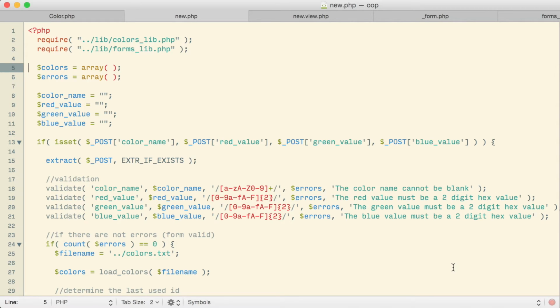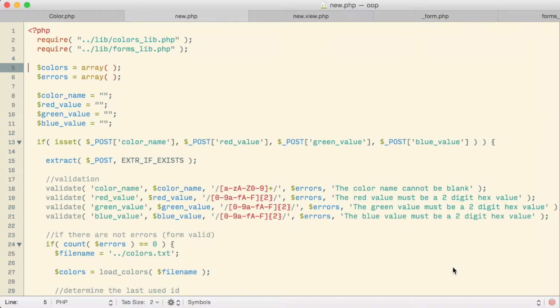The new page has to have access to the colors that already exist for the purpose of being able to do things like determine what the next available ID will be. It'll also, of course, need to be able to store new color data. So there's a lot more contact, much more intimate contact between what's going on in our new page and the actual color data itself. So it should be a lot more interesting converting it over to use our color class.